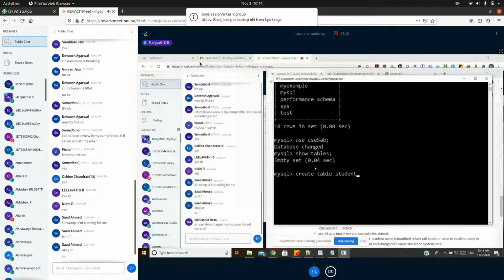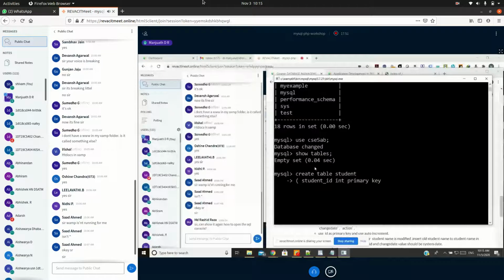My table is student. So what is my first attribute? That is student ID, student underscore ID, and I'm going to consider the data type integer. This is my primary key, and I'm going to make it an auto increment.